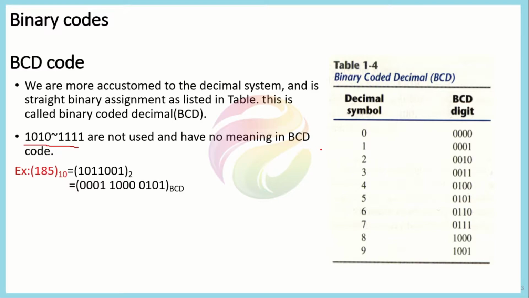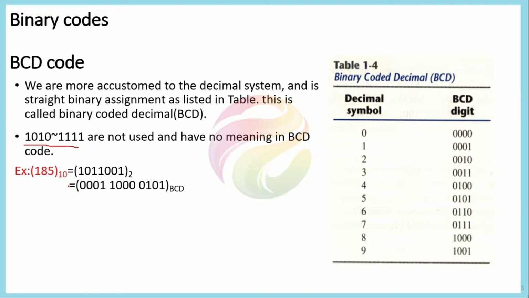Generally for the binary codes, we use a specifically designed, predefined sequence to represent any decimal equivalent number. It could be equivalent to its decimal counterpart in binary, or it could be different. In the BCD case, it's the binary equivalent of decimal 0 to 9. But you will see there are other codes in which the numbers may differ, because if you convert this into binary, it's the same. But the limitation is that BCD only represents 0 to 9, because we are more accustomed to the decimal number system, so we are always trying to relate the number systems